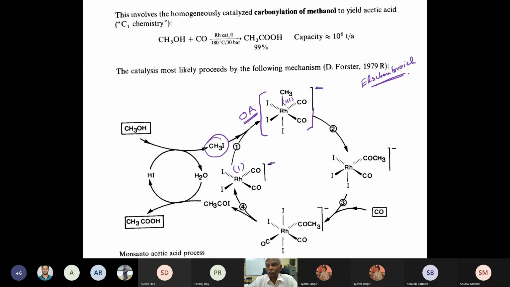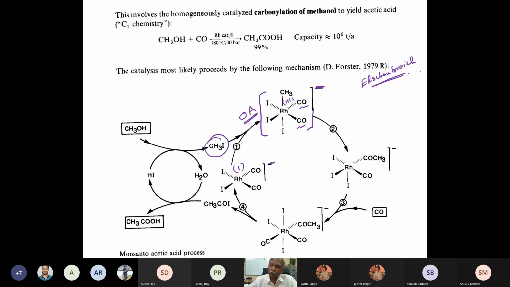Surprisingly, you will notice that there are 3 iodides on the rhodium, and that would significantly reduce the charge. With 3 iodides and a methyl group, the net charge is in fact minus. And so, although we are calling it a rhodium 3 species, the charge on the rhodium is not going to be plus 3. And this has important consequences because you have 2 carbon monoxides on the rhodium, and they will not be stable if you have a positively charged species that is coordinating to it.